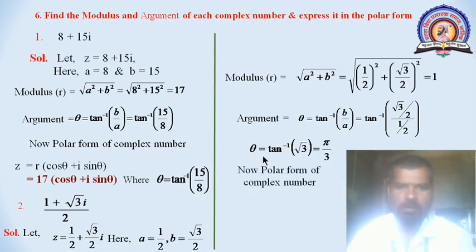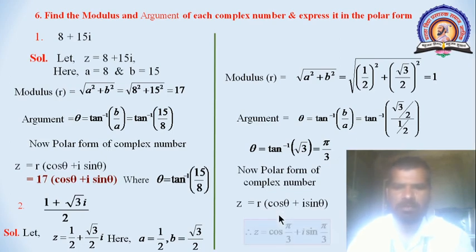Now the polar form of the complex number z is equal to r into cos theta plus i sin theta. The value of r is 1 and the value of theta is pi by 3. Put here, we will get z is equal to cos pi by 3 plus i sin pi by 3. The next example is